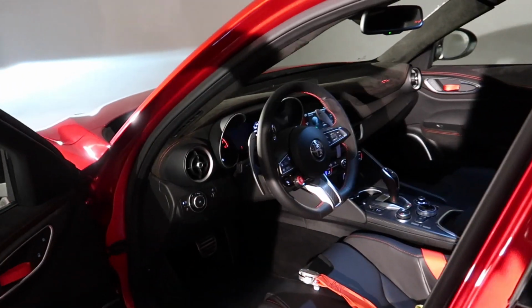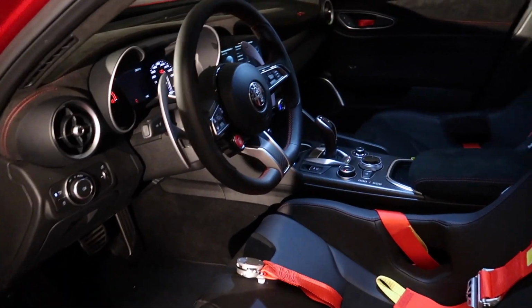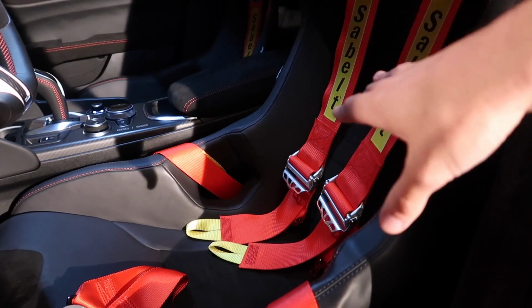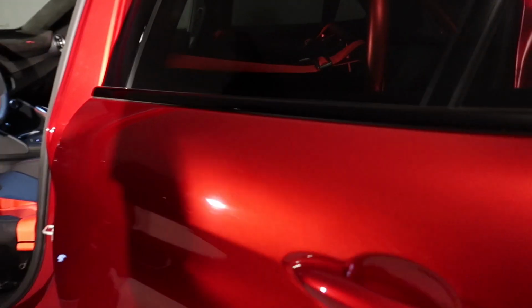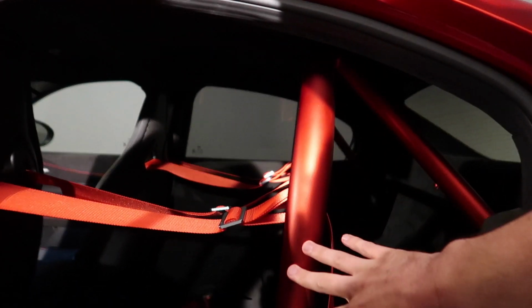Let's open up this door. First of all, you are greeted with these absolutely stunning seatbelt style bucket seats. They come complete with a 6-point harness. They're not just for show, and that goes all the way through. Hopefully you'll be able to see this because of the light. That goes all the way through from the back of the seat over here to a very nice roll bar,